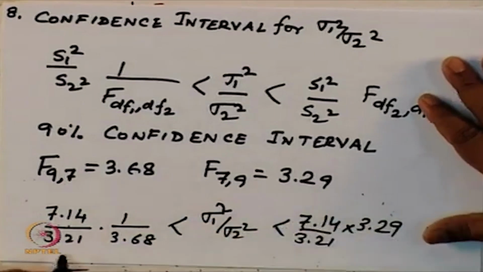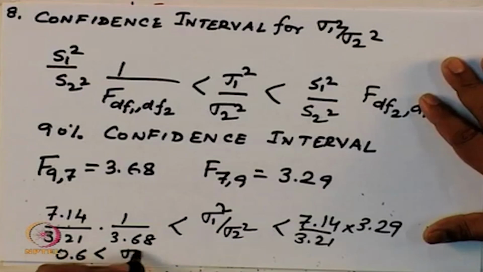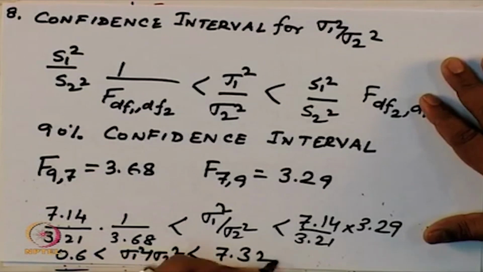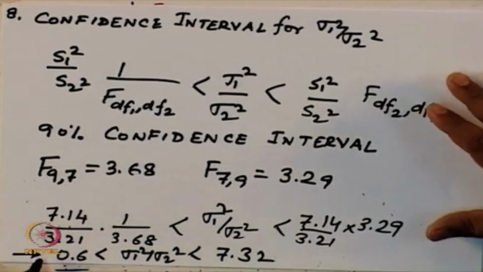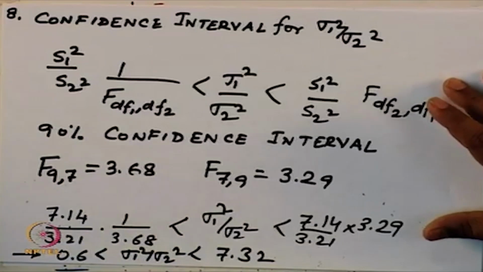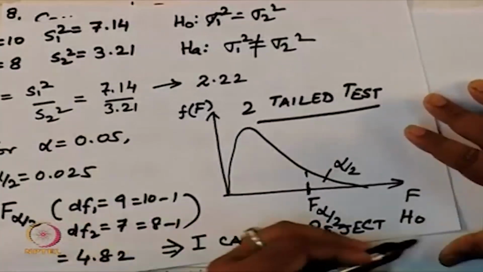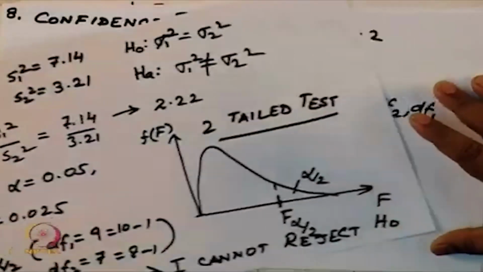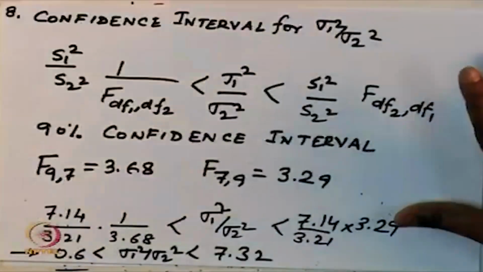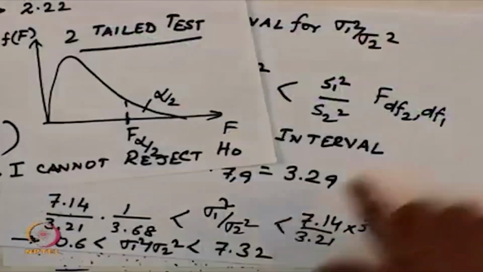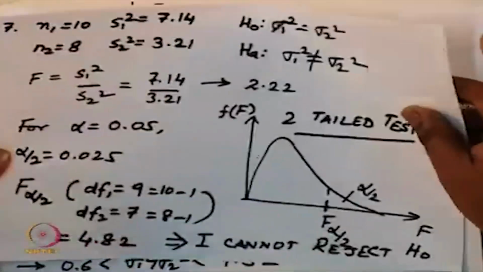So, this comes out to be 0.6 less than sigma 1 square by sigma 2 square less than 7.32. So, you see that your bound is reasonably wide, that is why you have been unable to reject H naught. Even though you have been unable to reject H naught, the ratio of the variances is quite variable. So, that brings us to the end of our discussion on t test and f test for difference of population means